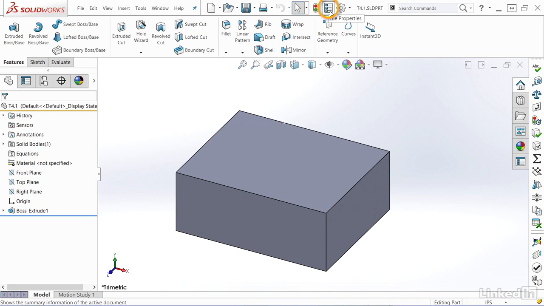Now going back over here to the custom properties of this part here, I can click on this, see all the values, and if I want to save or copy these, I can do it pretty quickly by using the copy command. So click on the very first line here, go down here to the bottom by holding down Shift and click on the last line. Now if I try to right click and click on something like copy or paste, which